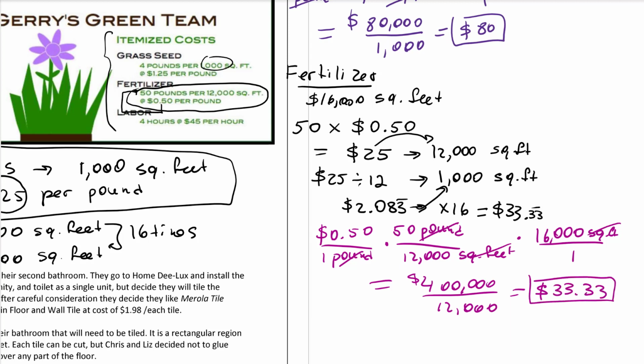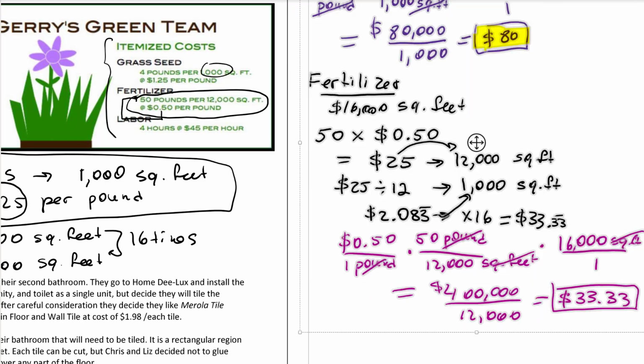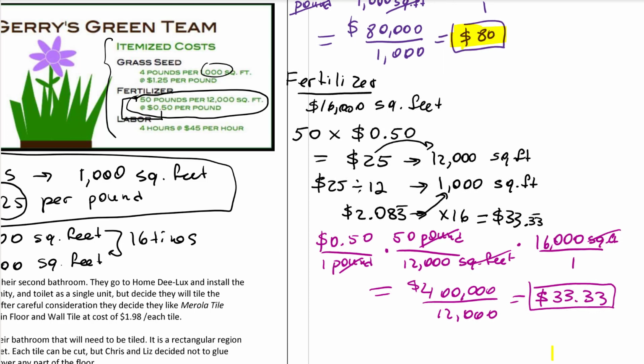Okay, here it goes. Let me highlight what we got so far. $80 for the seed, $33 for the fertilizer. And the only thing we need, I think this is the easiest part compared to what we just did, figuring the labor, is just 4 hours at $45. So that would be 180. That's it. Now we can add it all together. So 180 plus 80 plus 33 gives us a grand total of